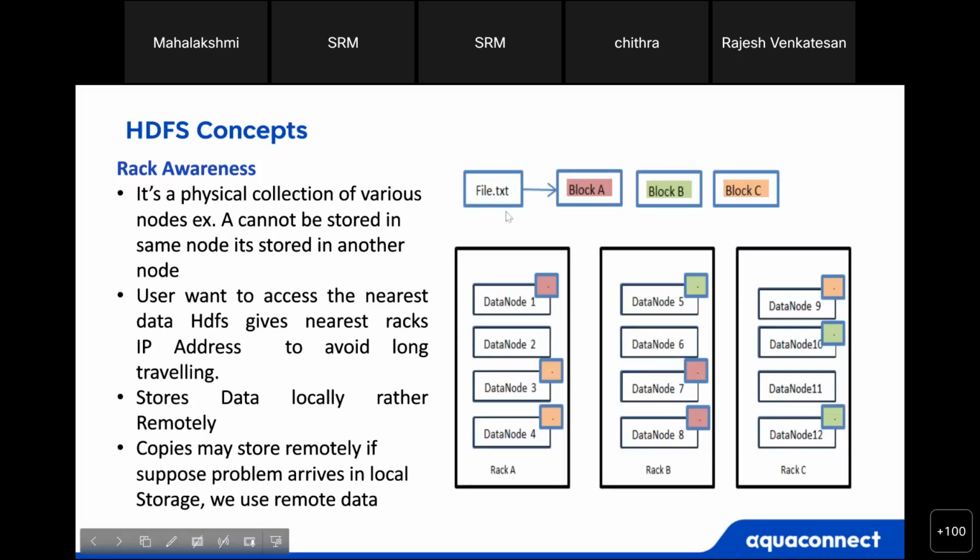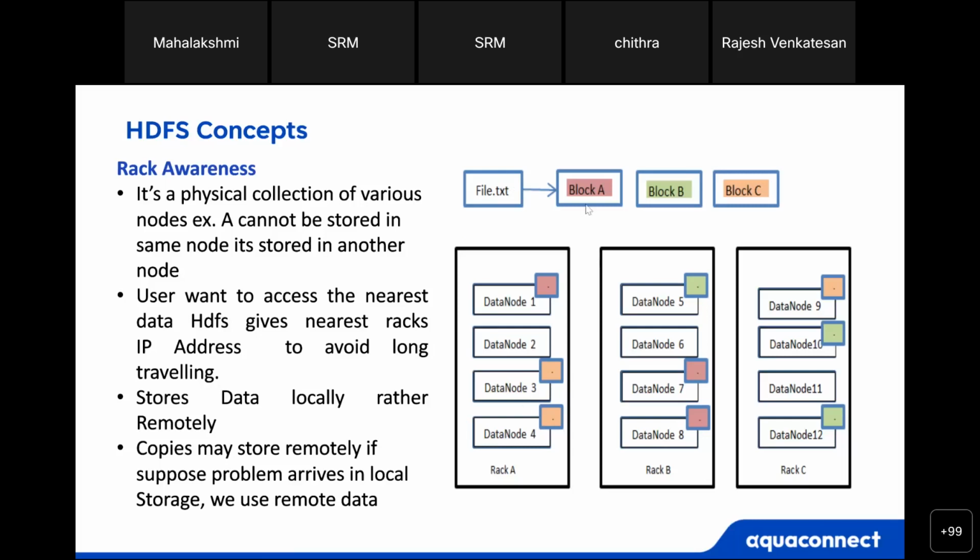In this image, if you see, rack 1 contains block A data, and block A data is not repeated in rack 1. But I can send a copy of block A data to any other rack, but not the same rack A. Since whenever rack A fails completely, I would lose all of my block A data if it were stored only there. So I store my block A data in other racks. In this image, you may be able to understand clearly.